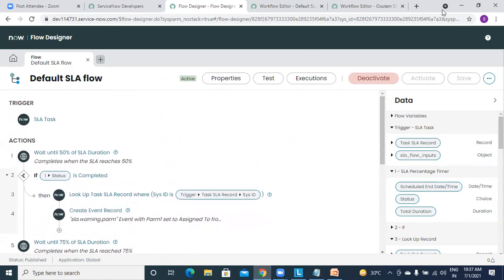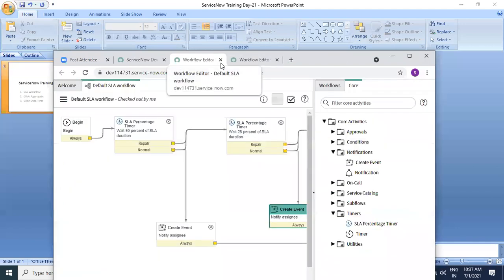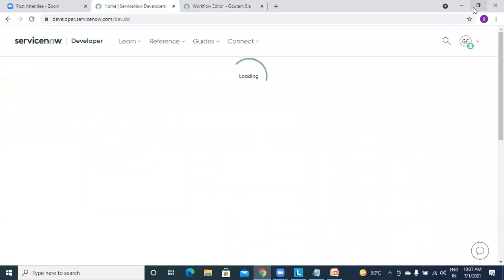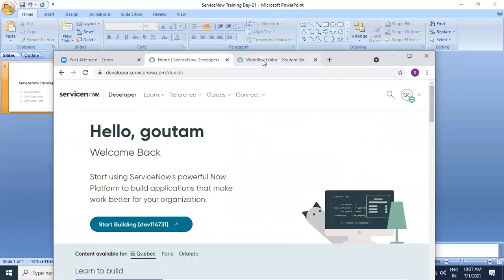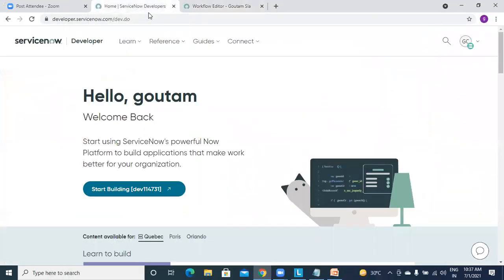Okay, I will check on this and I will let you know about workflow, or how I can make that active and how we can run that. We will even check that. Just give me a minute. I will try one more thing.